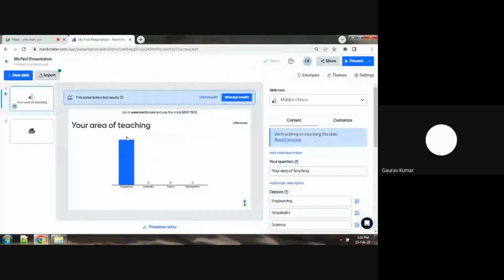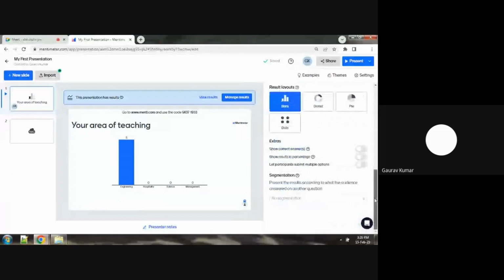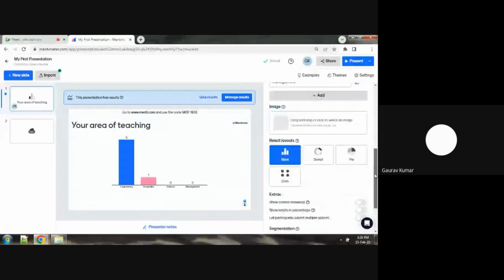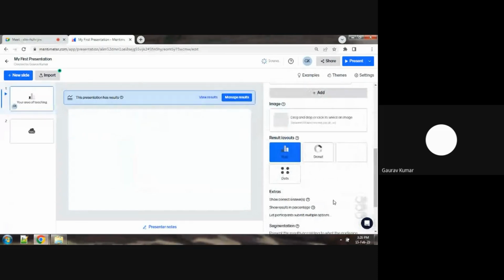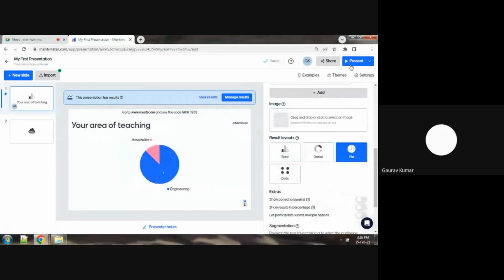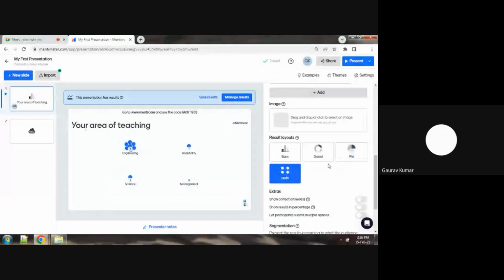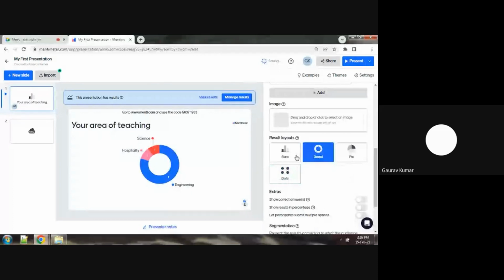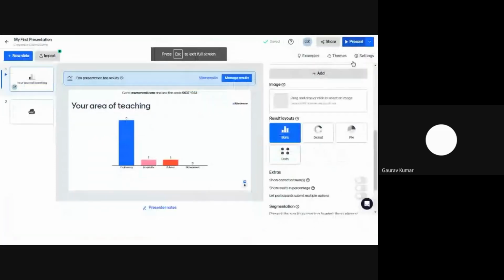4 responses, engineering. Okay, and we can customize the responses also. We can customize the output also. For example, I need output in pie plot. On click of pie, you can see that. On click of dot, so in clustered way, in donut plot, in donut chart, in bar chart. On click of presentation mode,